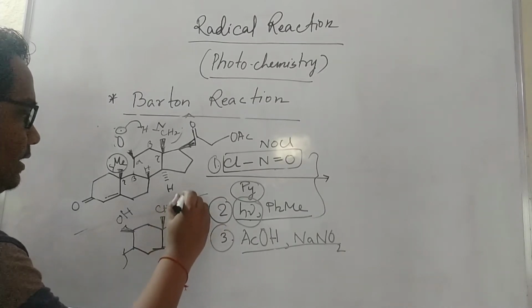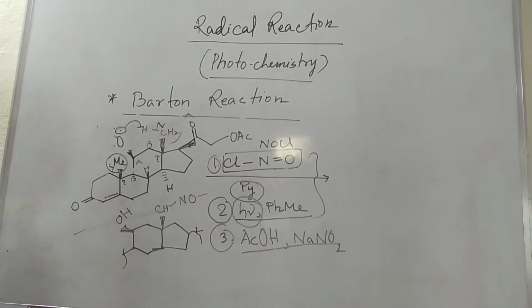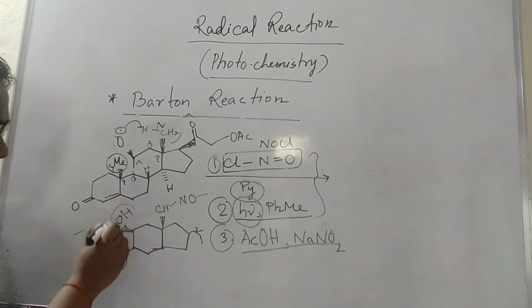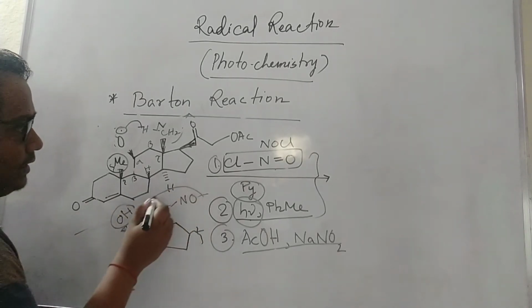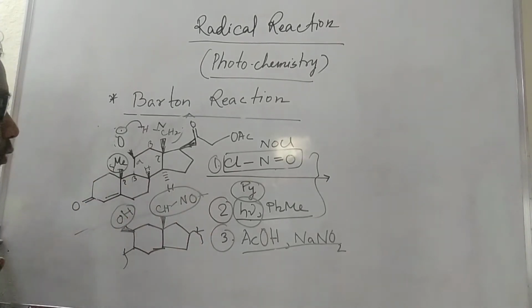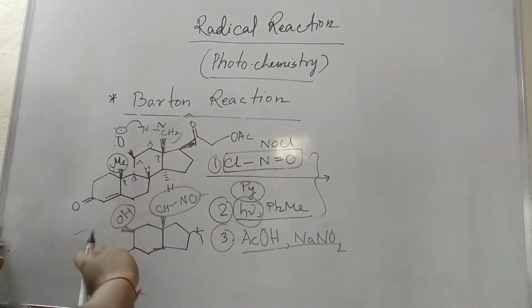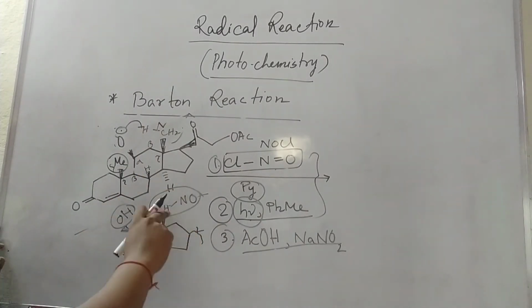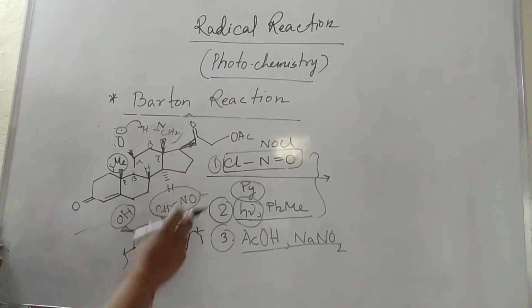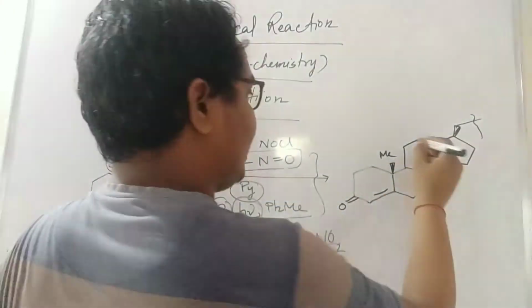NO will come here. So for the next step, what happened? Here this OH will come, and here NO will come. Understood? Previously OH is there, then I also nitro into OH, and it will go here, not here. So in a radical way it transfers to here. So what is the next step? I will not write this thing, I will directly write this.